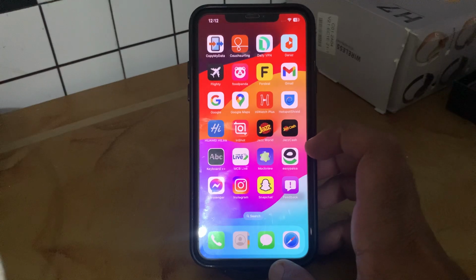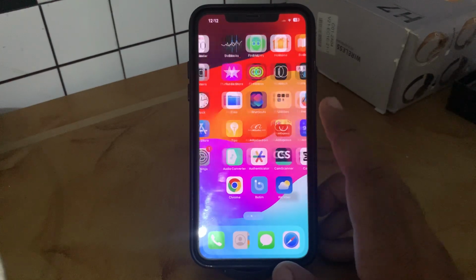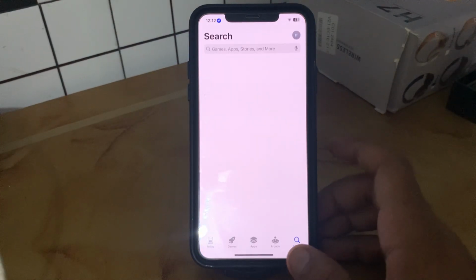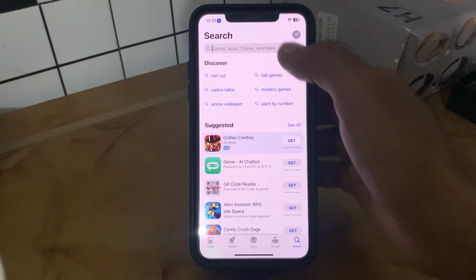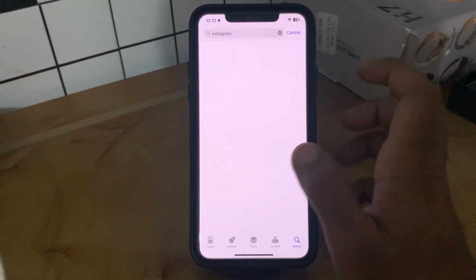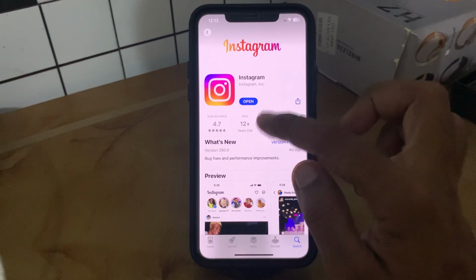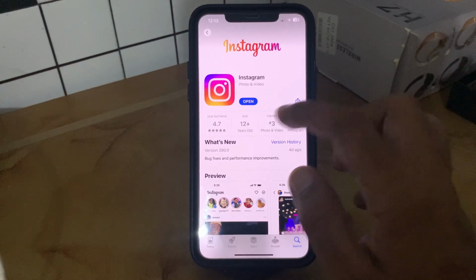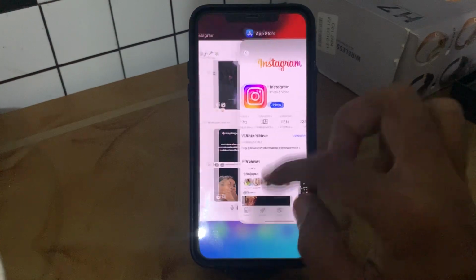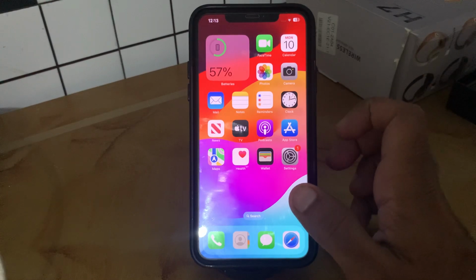So guys, first of all, update your Instagram app. So for the update, go to App Store here. So go to the search section and search Instagram here. Tap on Instagram. So guys, update this Instagram to the latest version. So I have the latest version on my iPhone, and then go back now. And then after this, the next solution is